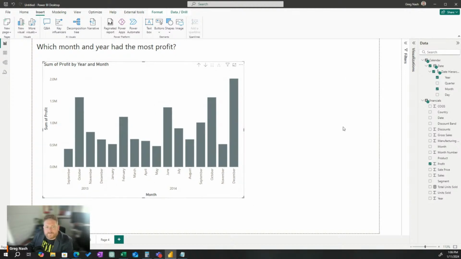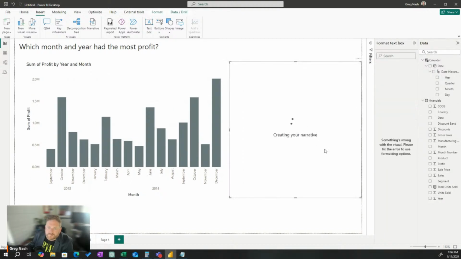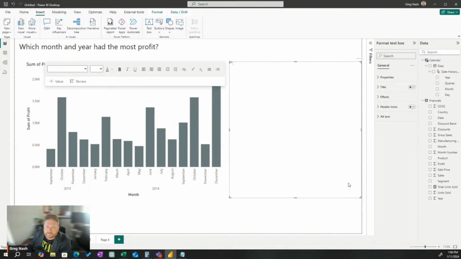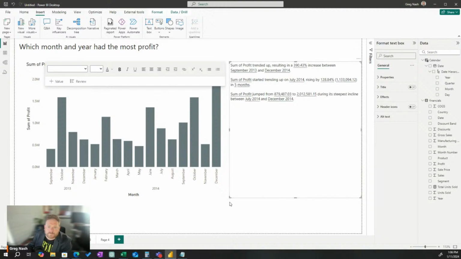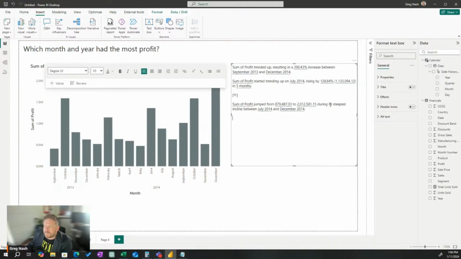There's a visualization here called Smart Narrative. I'm just going to click on it and see what it says. I'll zoom like this. Oh, I zoomed on the wrong thing.